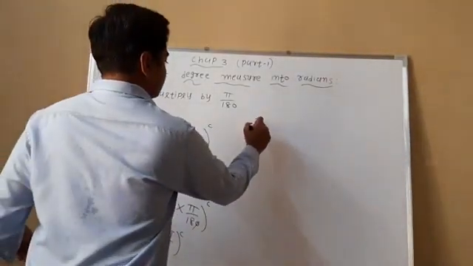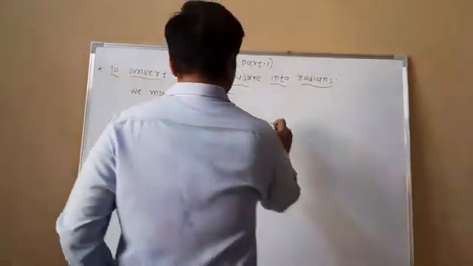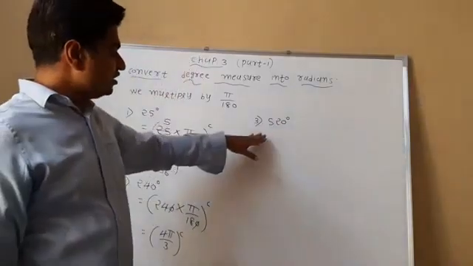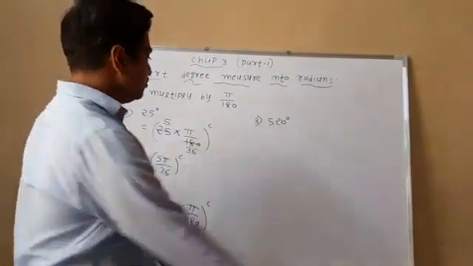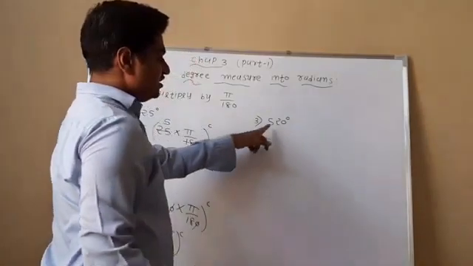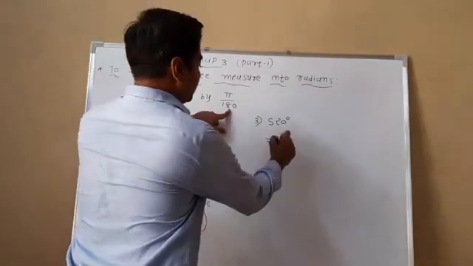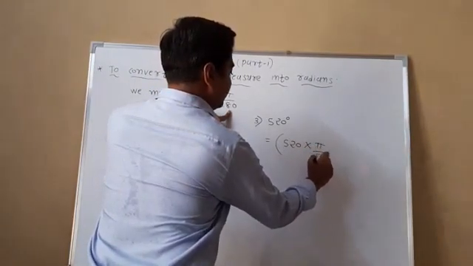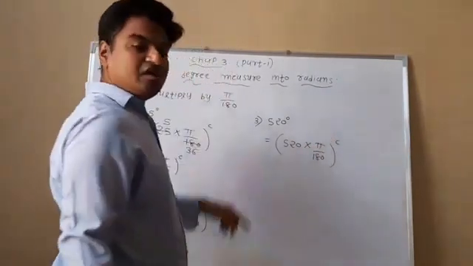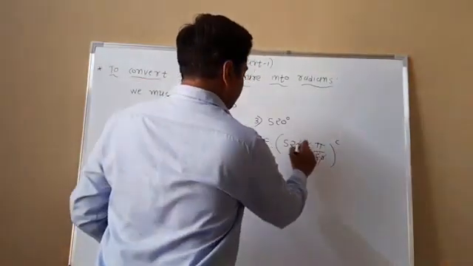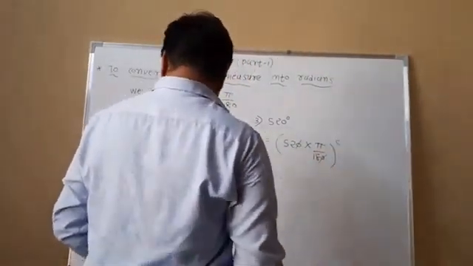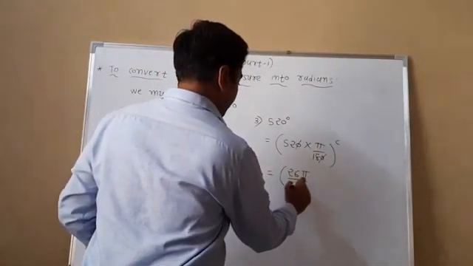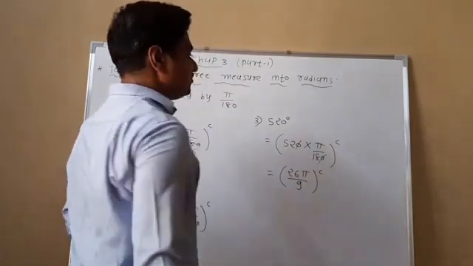Next question, third question, 520 degree. So again convert into the radian form. So the same process applies here. 520 multiply pi upon 180 radian. So here 0 cancels out, and simplify this term. So 26 pi upon 9 radian. Clear?